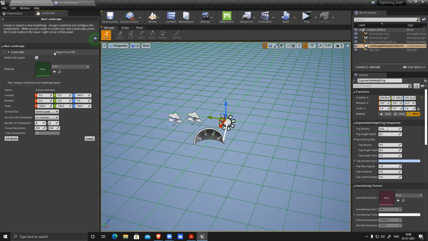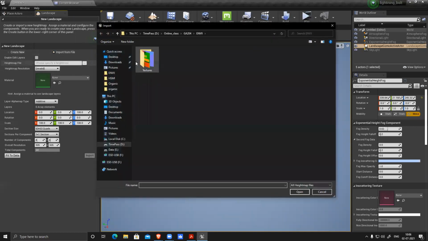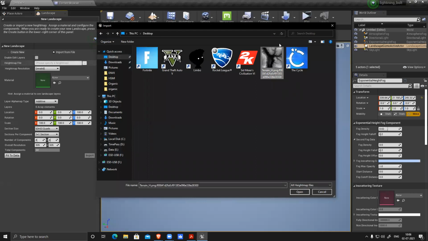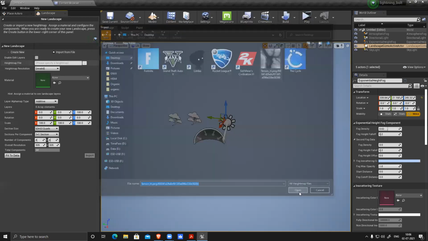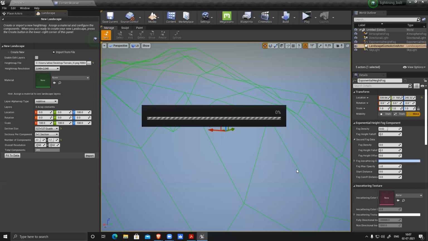Right now I have downloaded that file. So I can switch to import from file, not create new, and browse to that file, wherever you have it, on the desktop, this one. It reads the PNG file, open, and it will show you a preview. This is a rough preview, not the accurate one. Now I can select all the quads and everything, or fit to data. I can do this also. By default it fits everything, and hit import.